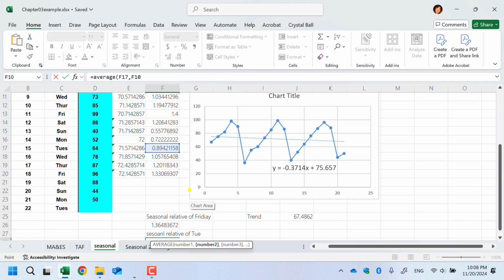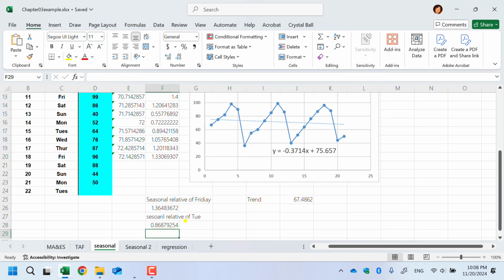Right, and then yeah, we will just calculate the average of two of them. So this is the seasonality. So seasonal relative is this one. So if you just add trend times seasonal relative will be